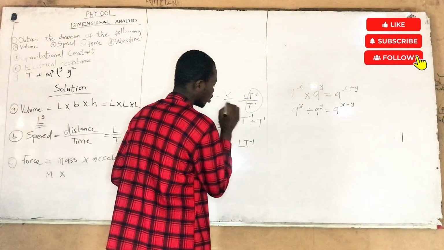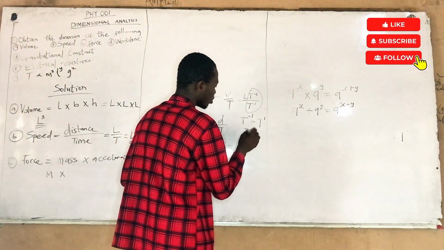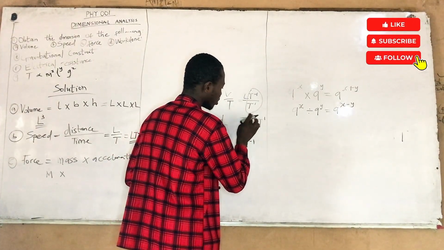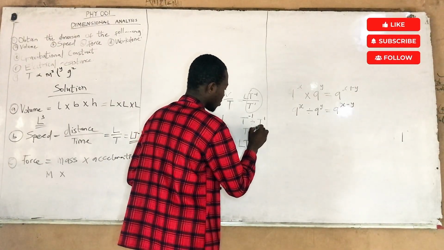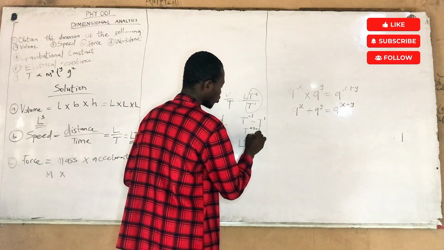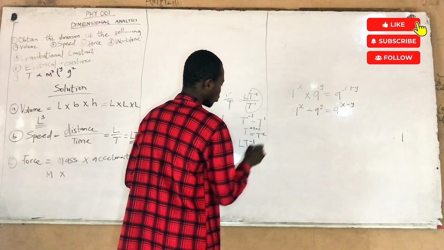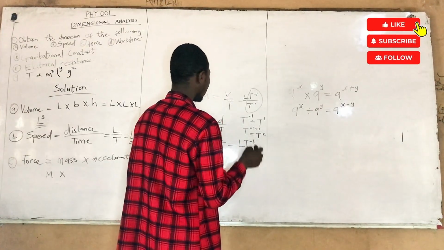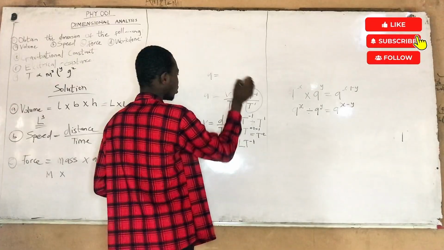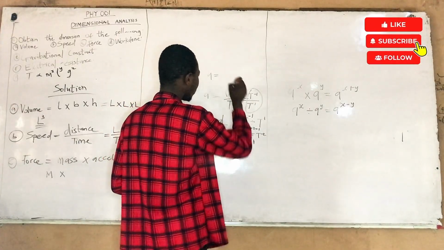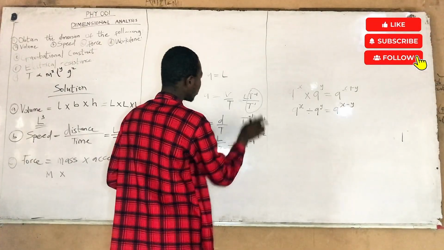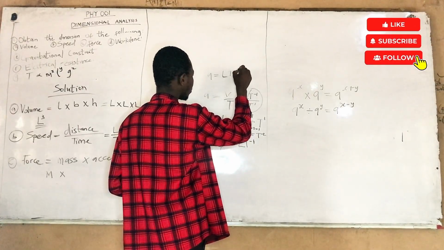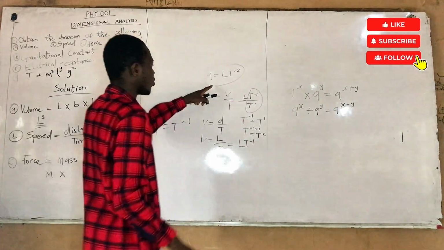So it will become t, since it's multiplication, the powers are subtracted, that's minus 1 minus 1, and you know that minus 1 minus 1 is minus 2, right? That means our acceleration will be L t raised to power minus 2. These are our final